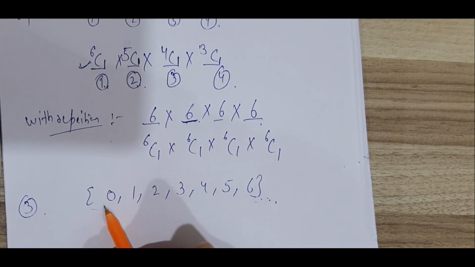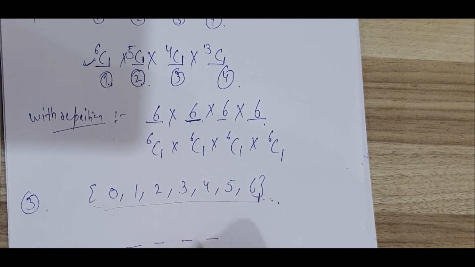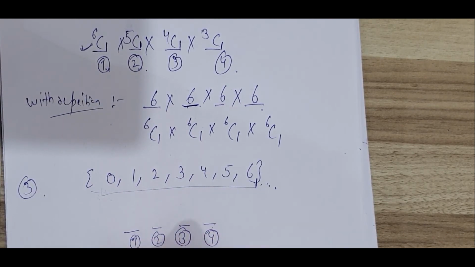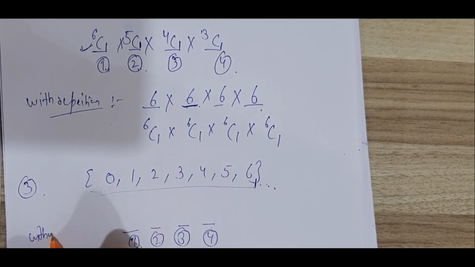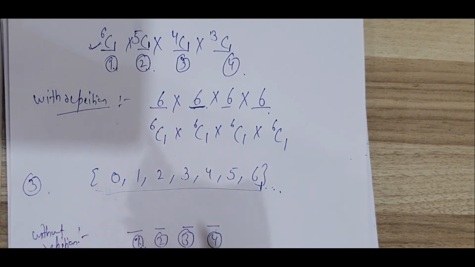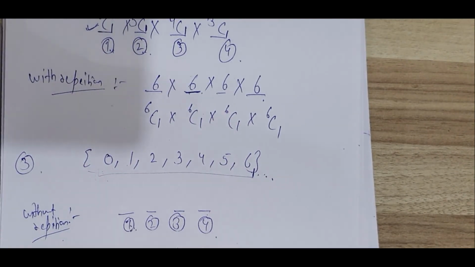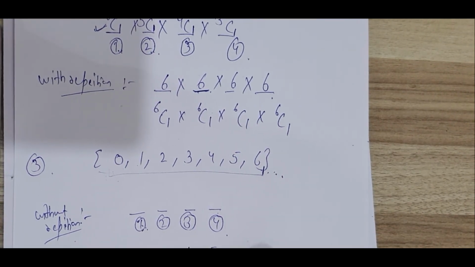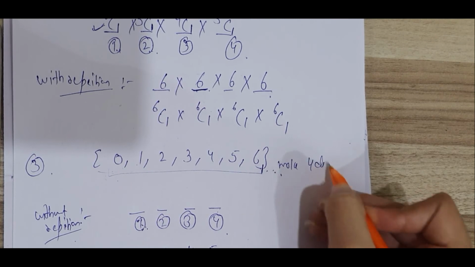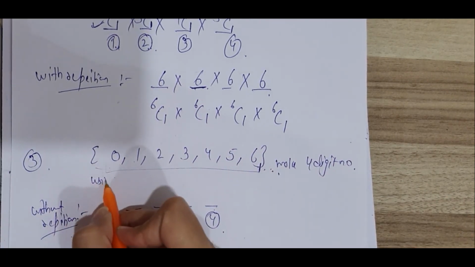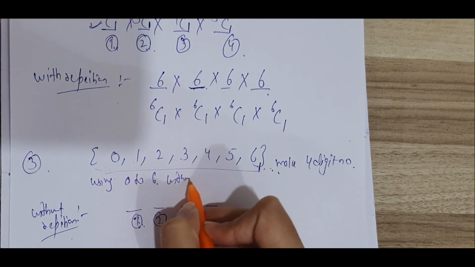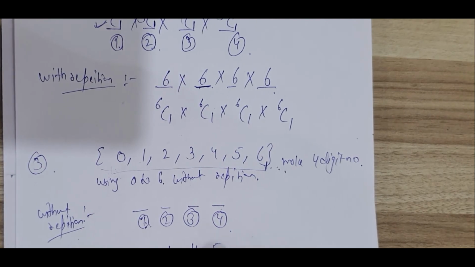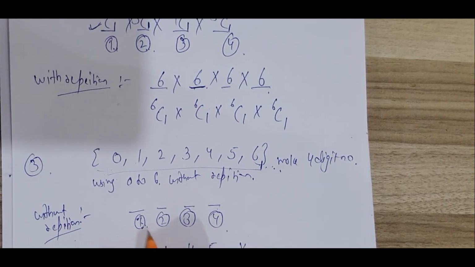Suppose this is the next question. Now we have 7 options, and we have to make a 4-digit number. How do we make it? This is the first place, this is second, this is third, this is fourth. Understand it carefully because it's different. Without repetition, suppose for example 045. Does it make a 4-digit number? If the question asks to make a 4-digit number using 0 to 6 without repetition, then does it make a 4-digit number? No, it doesn't.